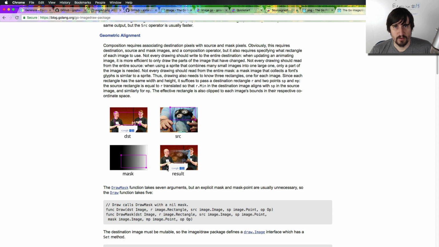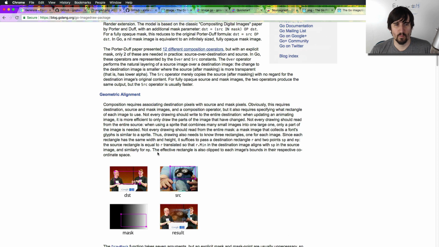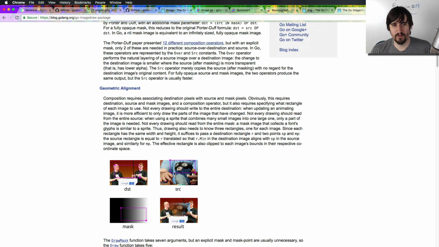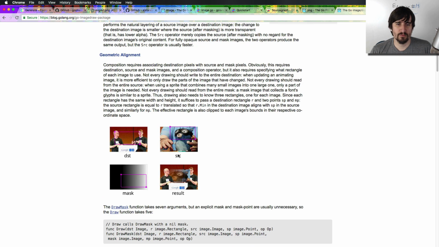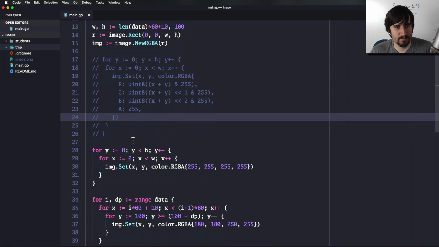But I personally prefer dealing with SVGs and things like that if I can, so I don't want to spend too much time here. What I'm actually going to do is just show you how to use this draw package in order to create our bar graphs, so that we don't have to go pixel by pixel, we can just draw them real quick. Okay, so the first thing is